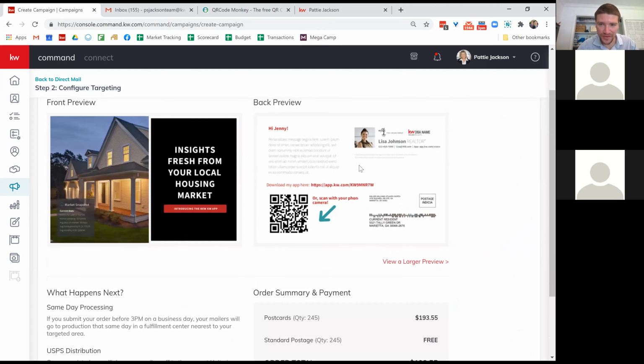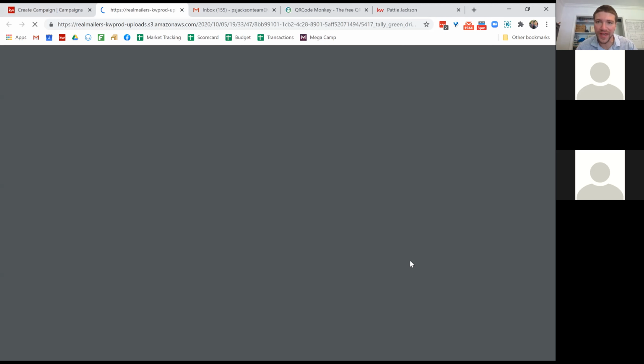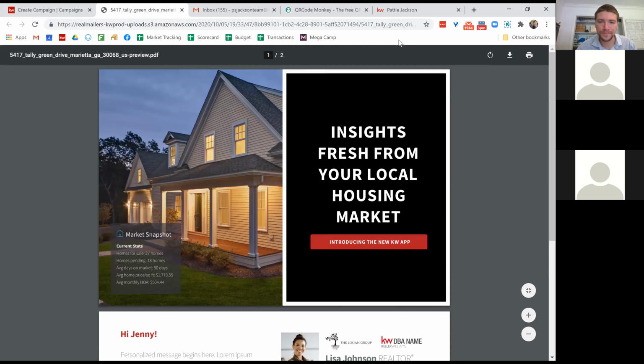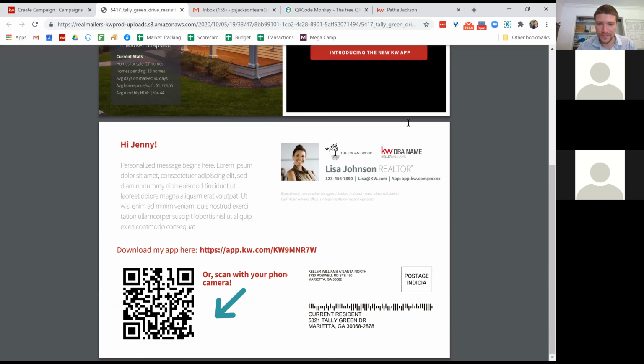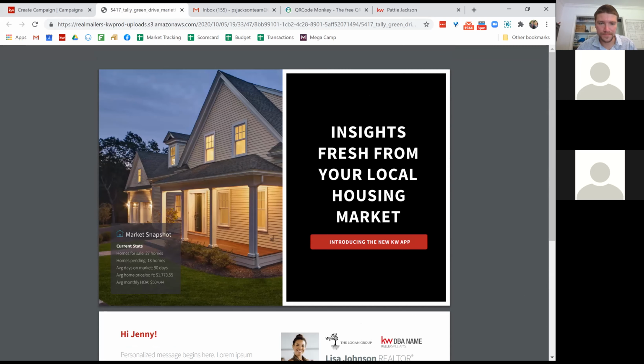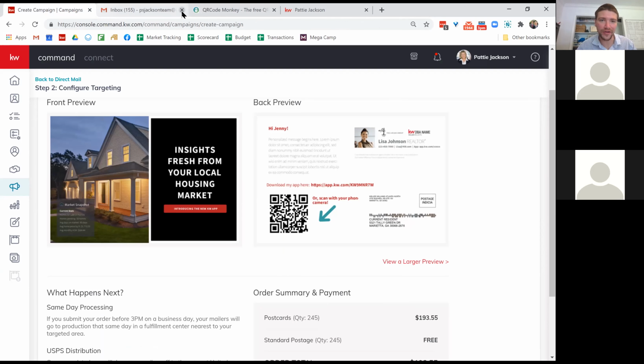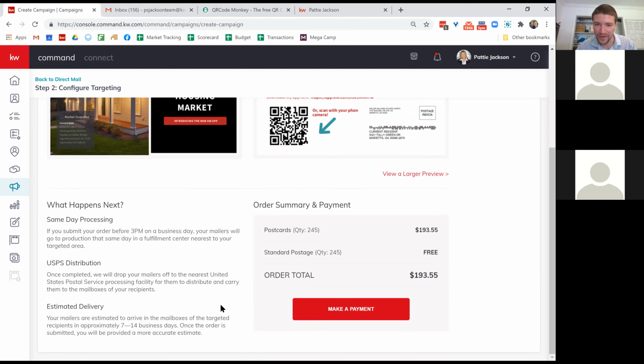So you see that's how it's going to look. Or if you want to do a larger preview, you can click on that and it'll open a new tab. So definitely triple check that before you actually go to send it out. But if everything looks good, you're just going to go down to the bottom here and click on make a